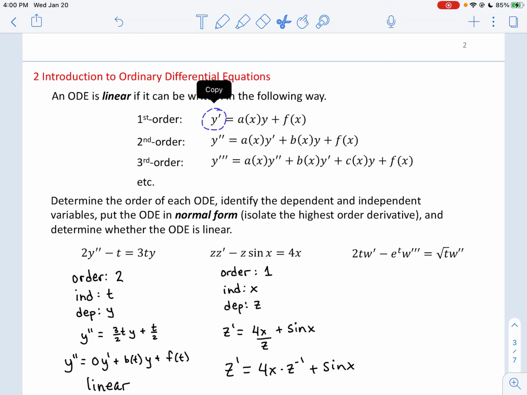This is y prime to the first. That's y to the first. Y double prime to the first. Y prime to the first. Y to the first, etc. All the dependent variables and their derivatives must have powers 1